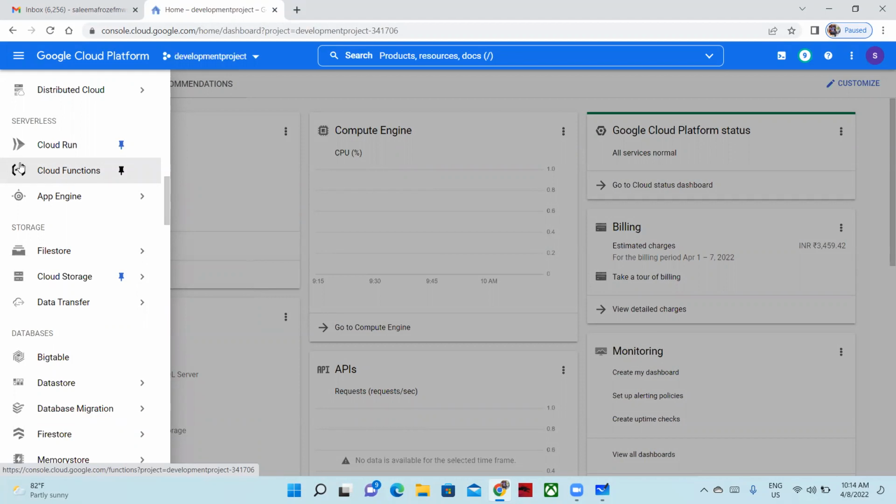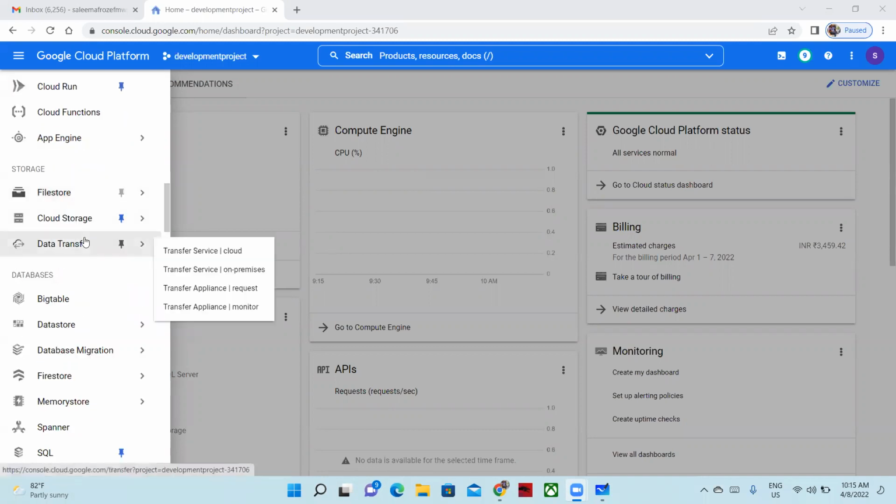What is Cloud Run, basically? If I have a small piece of application in Python, C or C sharp, which cannot run for a long runtime, then I can use Cloud Run and Cloud Functions. App Engine is for when we have an application that is container based and orchestrated, then I can go ahead with App Engine.